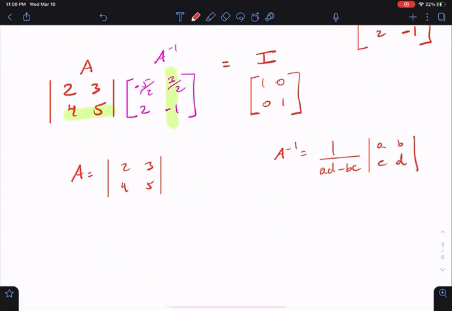So you basically do the adjoint. You change this D with this A, and you put the opposite sign on those values, negative B and negative C. So this is the formula. Let's see if that turns out to be the same, because we already have the inverse of that, right? So they're saying here A inverse is 1 over AD